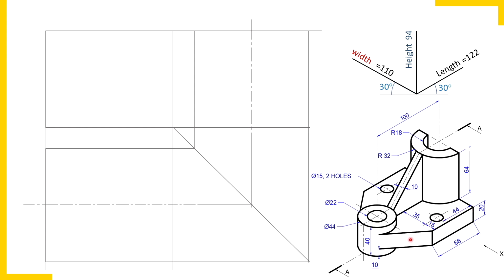Here it is a plate, horizontal plate, which has two holes of diameter 15 each, and a trapezoidal plate, that is a rib. It connects major parts of the object. That is a rib, a thin plate of thickness 10 mm. So four parts we have identified: a cylinder, semi-cylinder, a horizontal plate of thickness 20 mm, and a rib, a plate